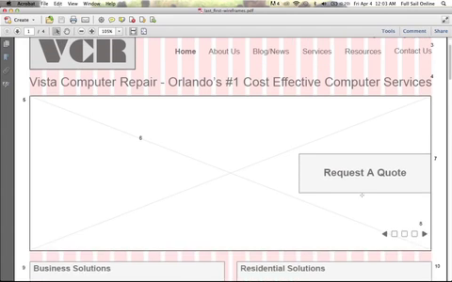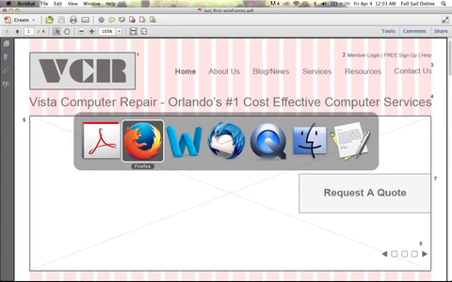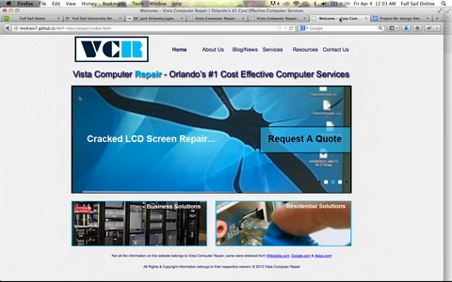Okay, so I'll show you the final site. Okay, so in the final site, I chose a color palette, and before I chose a color scheme that I wanted to use, I used a light gray background to help make the components on the site stand out. I chose a logo. I actually designed a logo using the same color scheme. As you can see, there's a main menu up top here, and then there's a call to action which has